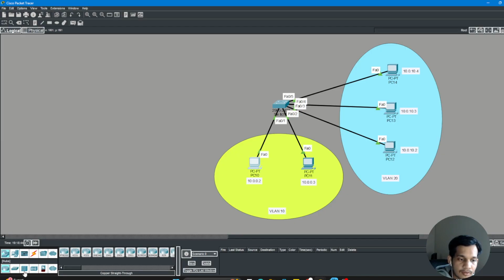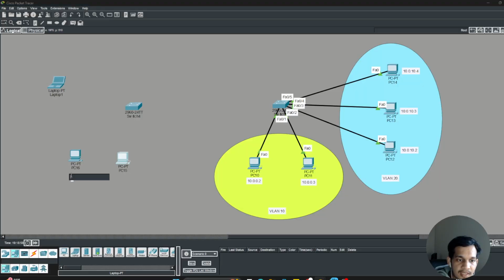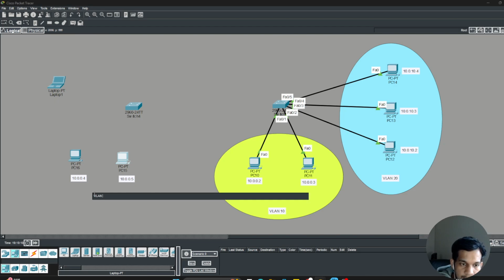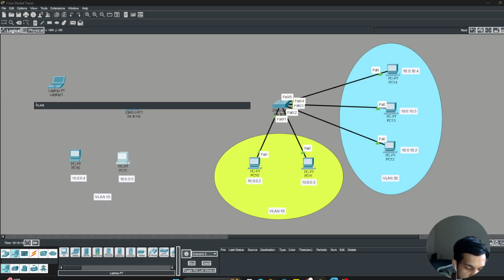So let's take one more switch over here, and then let's take one more PC over here, and one more laptop over here, and then let's put an IP for this. Let's put both the PCs in VLAN 10. So 10.0.0.4 over here, and then 10.0.0.5 over here, in the same VLAN 10, and then VLAN 20, and then